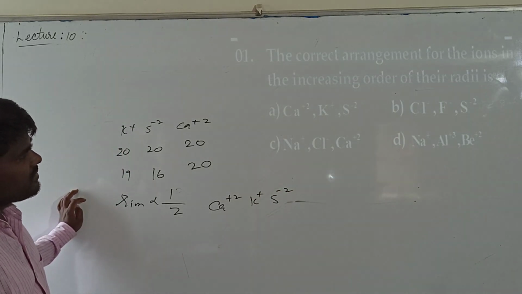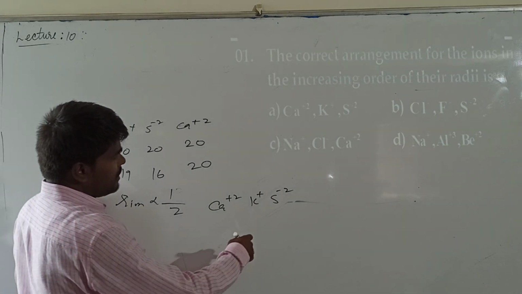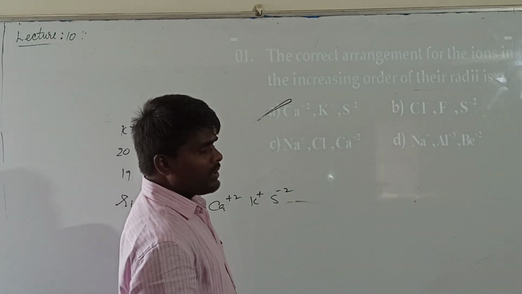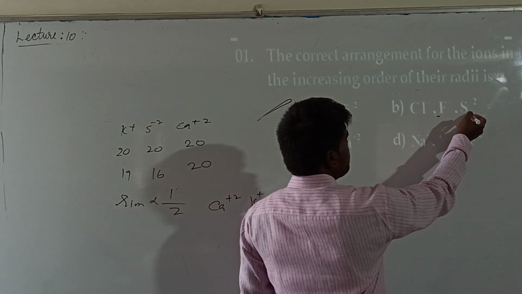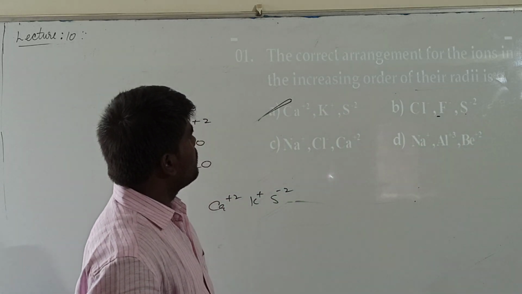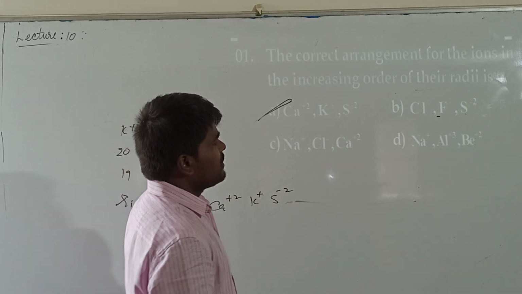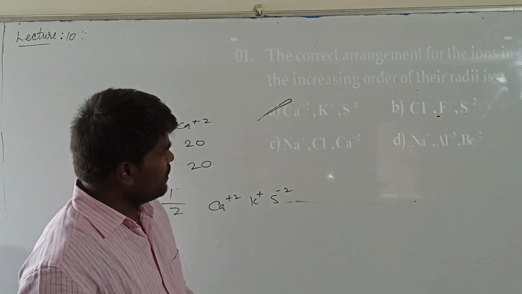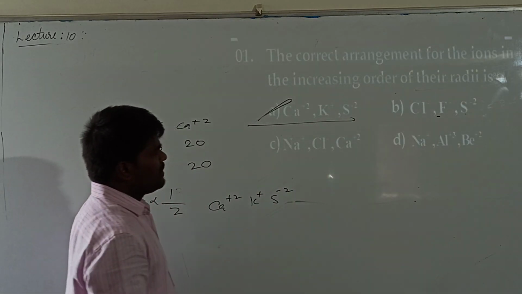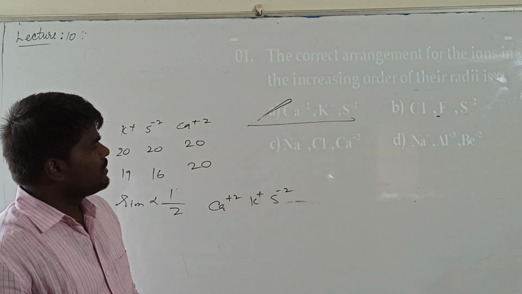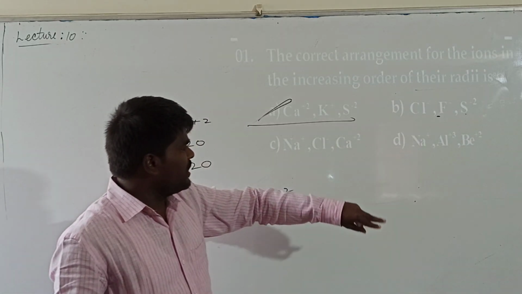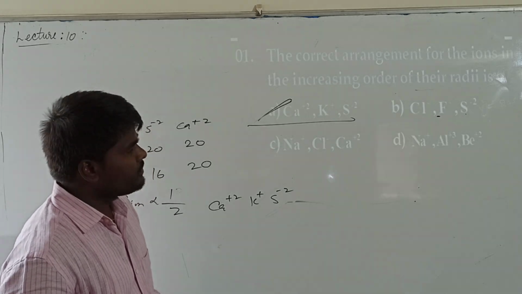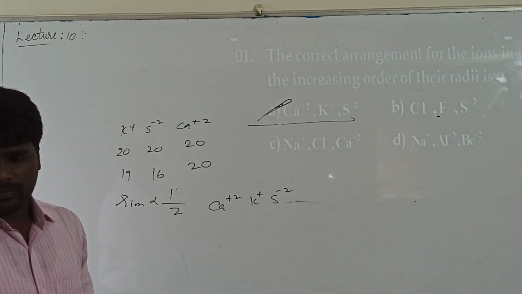Do we have any option on this? Here itself is the correct option. If you go further, here it is given mistakenly, the fluoride should be smaller than the chloride. That is wrong. And the rest of them must be wrong because as per the correct option here itself. Here chloride is given mistakenly. Here also chloride is given. It should be the largest here, and here it should be the smallest. So this is the only right answer as per the given question. Hope it is clear.